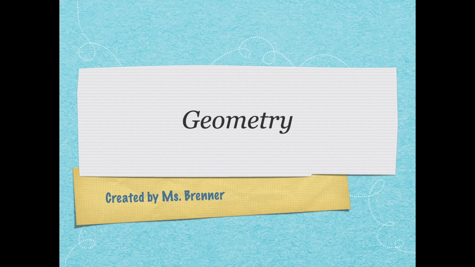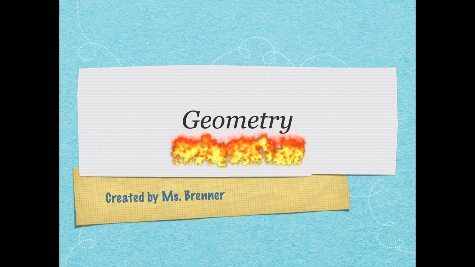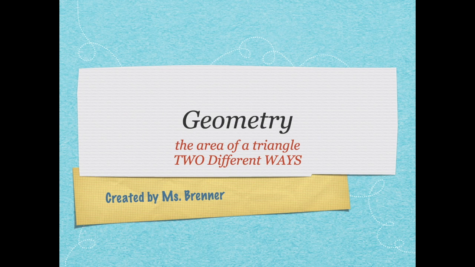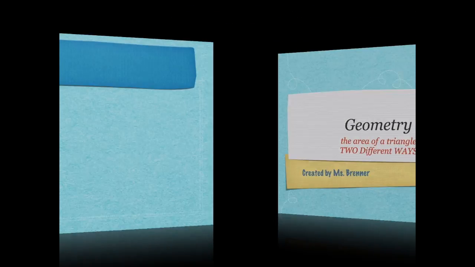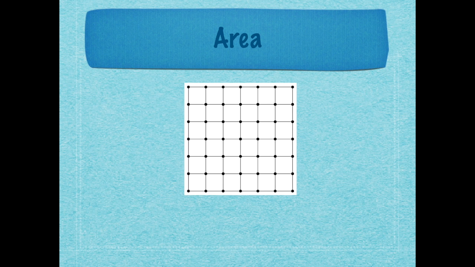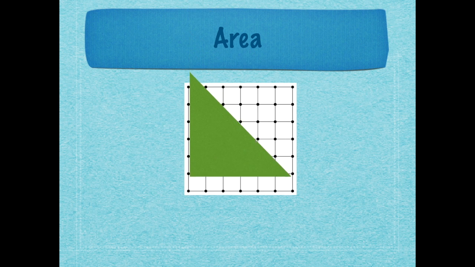This is a quick review of geometry and just a quick review on how to count the area of something. And I'm going to show you specifically on triangles, and I'm going to show you two different ways, and you figure out your favorite way. The first and easiest way to figure out area is to simply count the squares, the square inches that polygon